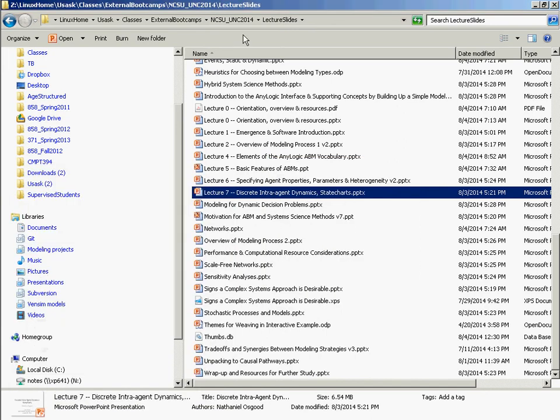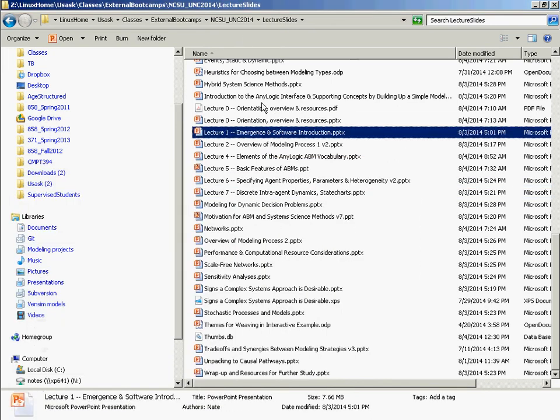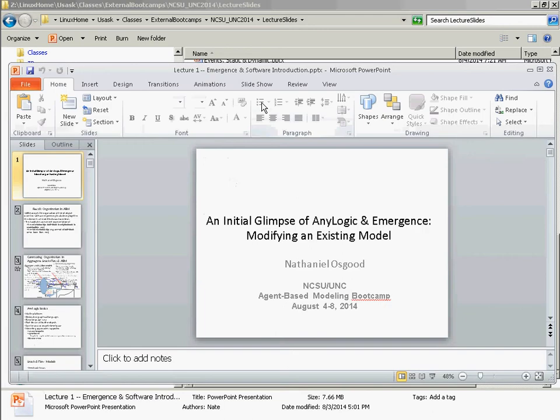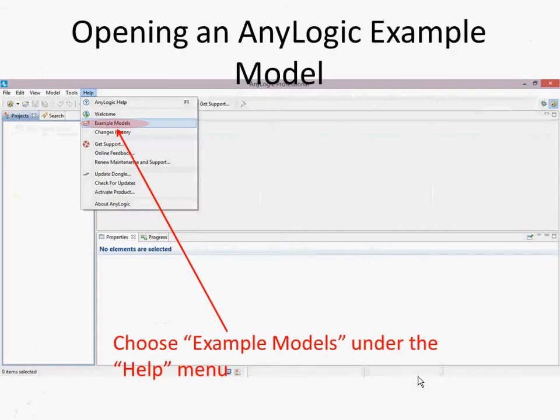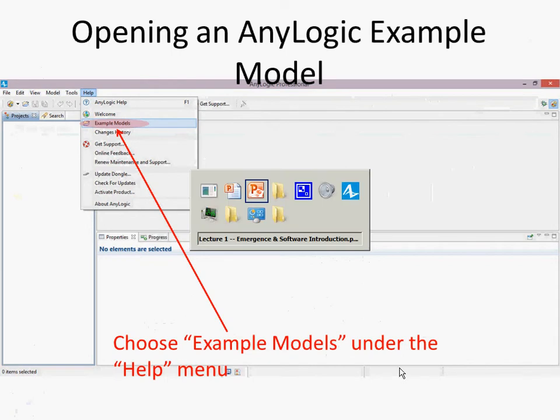So let's go over and open up what I'm calling lecture 1 here. Again, these should be on the drive, and if you wanted to follow along the slides, so you can flip back or forward, you're welcome to do that. Okay, so the first thing I'd like you to do, while I'm starting up on these slides,